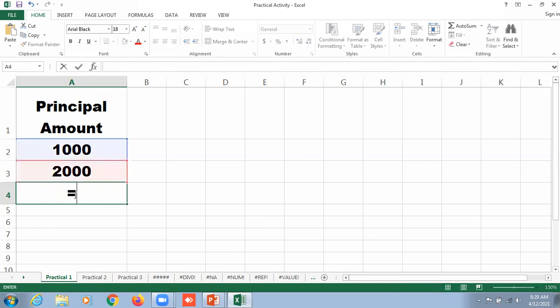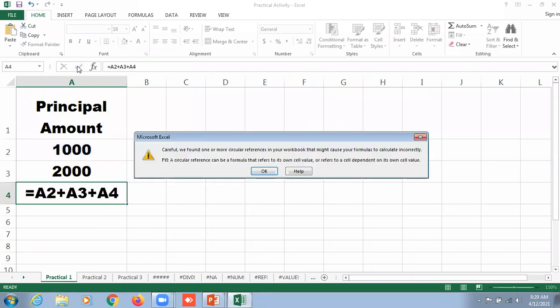But what happens if we write A2 plus A3 plus A4? A4 is the cell where we are writing the formula, and when we mention that particular cell inside the formula and hit the enter key, what does it display?